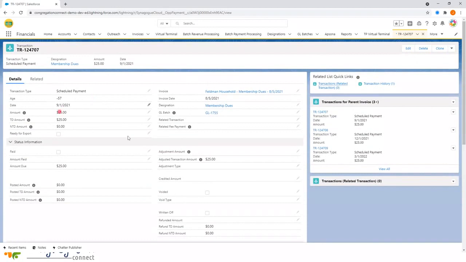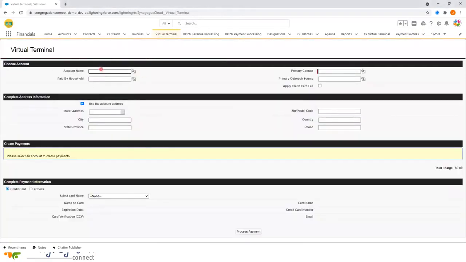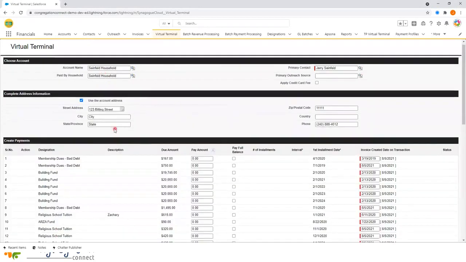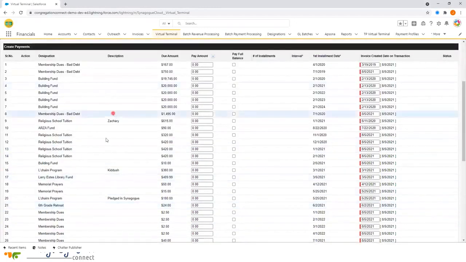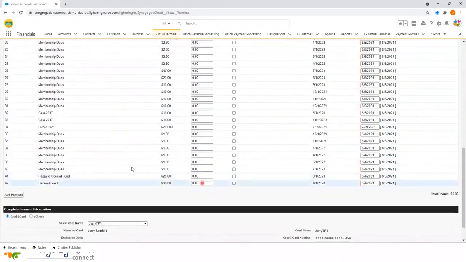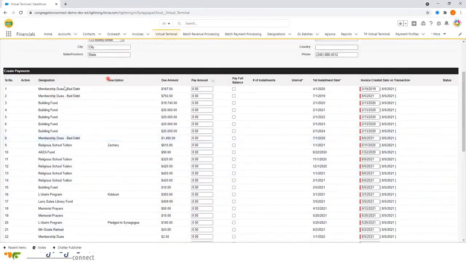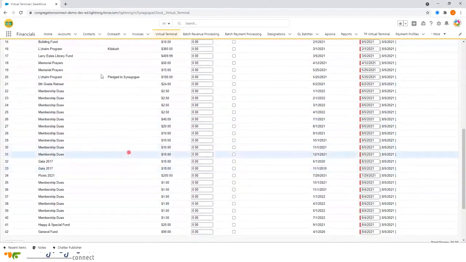Now, let's just take a quick look back at the virtual terminal and just take a look at how we would pay off an existing balance. So I'm going to pull up the Seinfeld account. And here they have some open charges here. And I'm going to pay, let's just say I'm going to pay $1 towards their